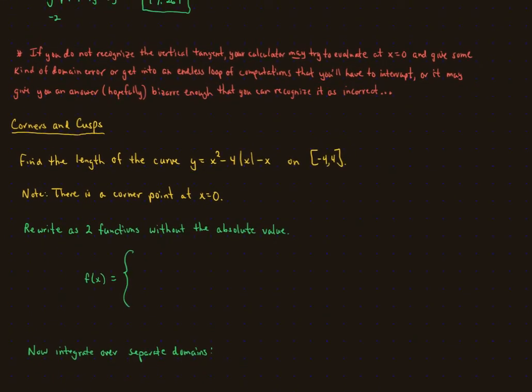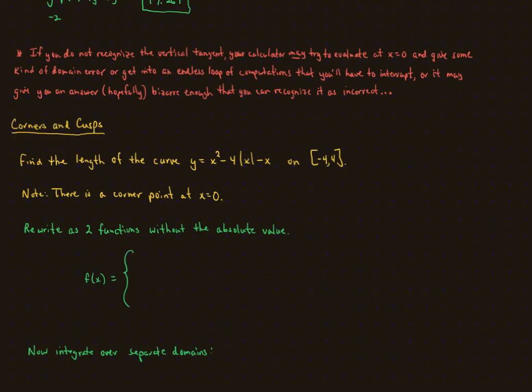But first let's note this word of warning in red here. If you do not recognize the vertical tangent, your calculator may try to evaluate at x equals 0 and give some kind of domain error, or you might end up getting an endless loop of computations that the calculator will just keep spinning and spinning, and you're going to have to interrupt it by trying to turn your calculator off. Or it may give you an answer, and hopefully it'll be bizarre enough that you can recognize it as incorrect and then make adjustments like we talked about, where you're going to have to redefine the function as x as